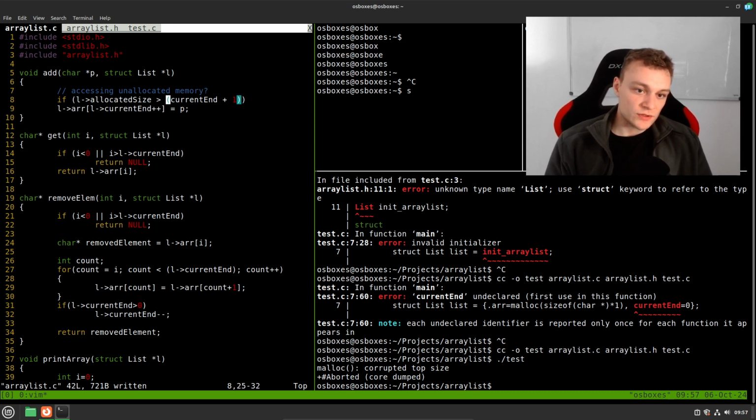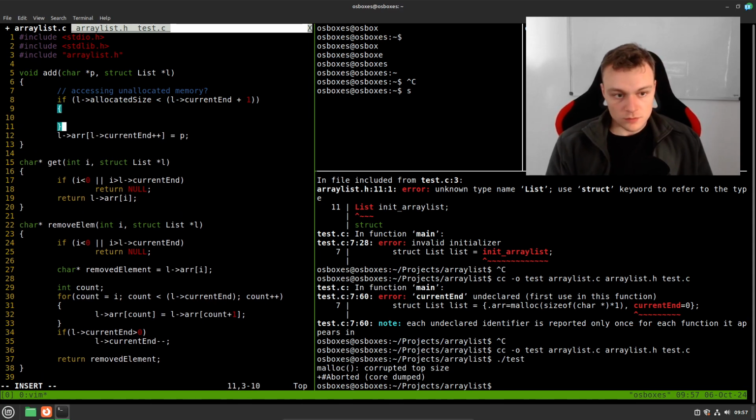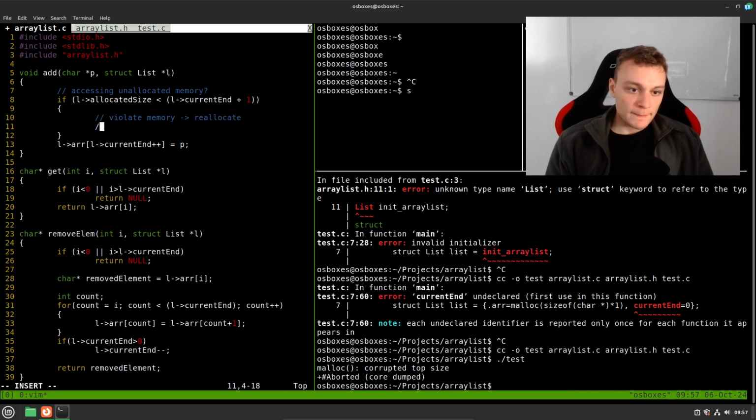If the allocated size on the list is smaller than the current end plus 1, then we violate memory, reallocate, and we can now request more memory using malloc